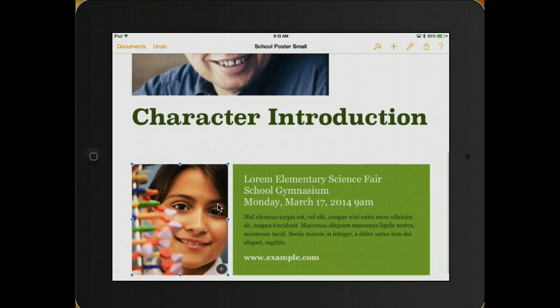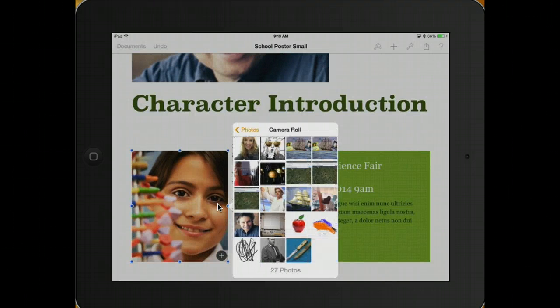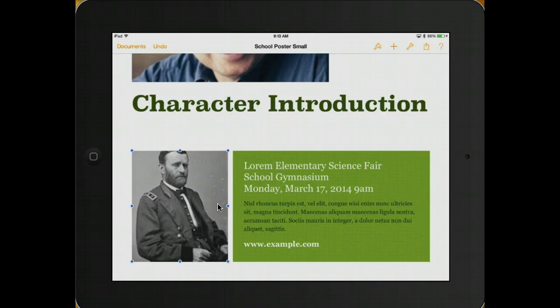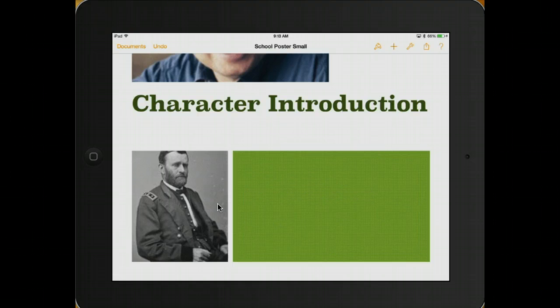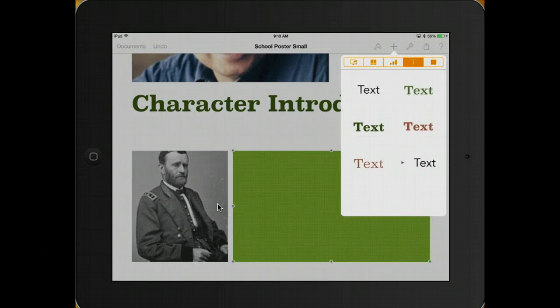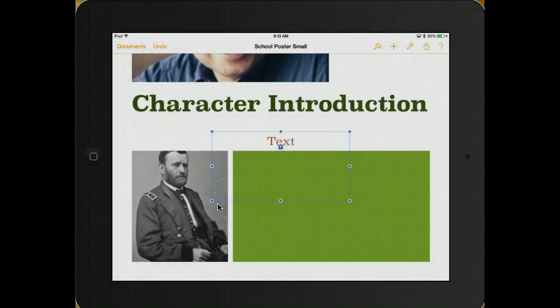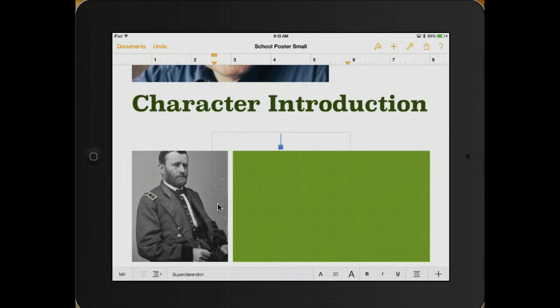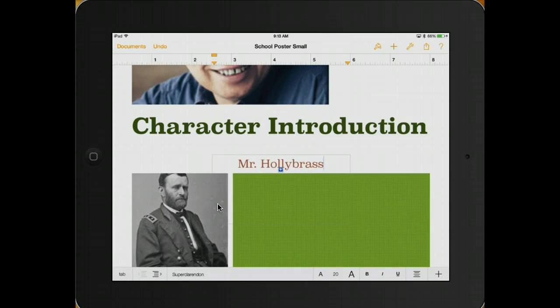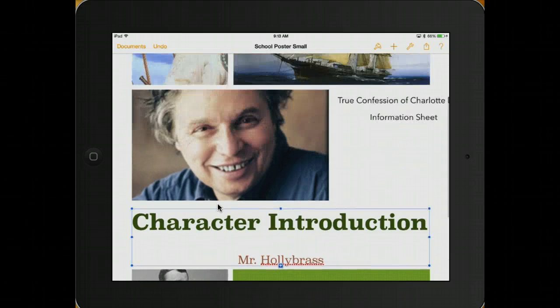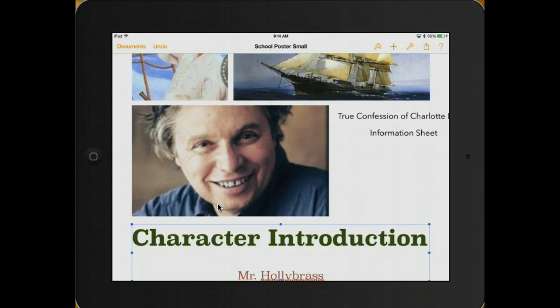And I'm going to click this picture here. I'm going to bring in one more picture. We'll bring in Mr. Hollybrass. And I'm going to select this here and cut that. And let's put in some more text. We'll make it this color this time. And over here, in there, so this is Mr. Hollybrass. And you can see that within a short period of time, I've actually created a little flyer,